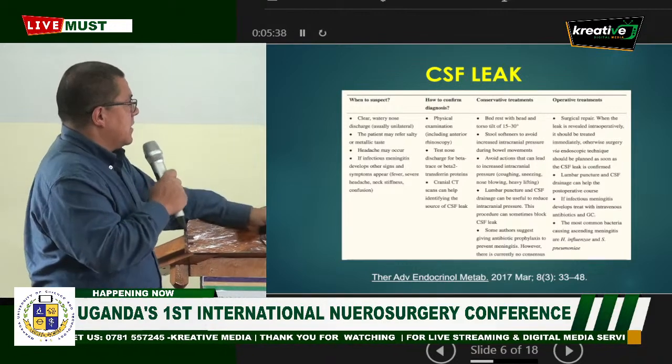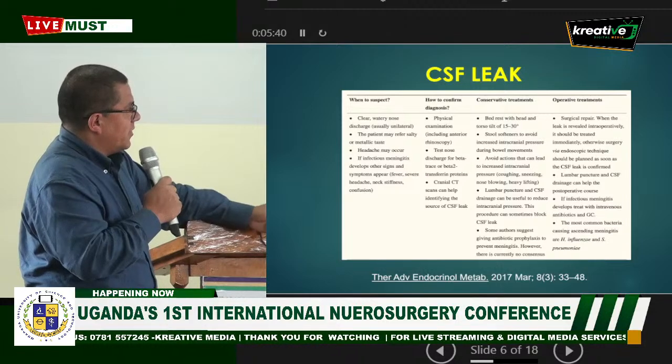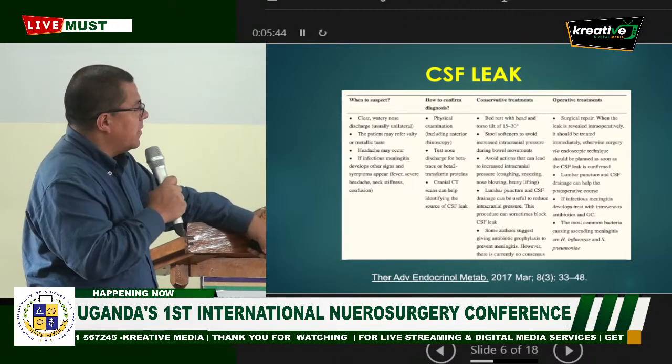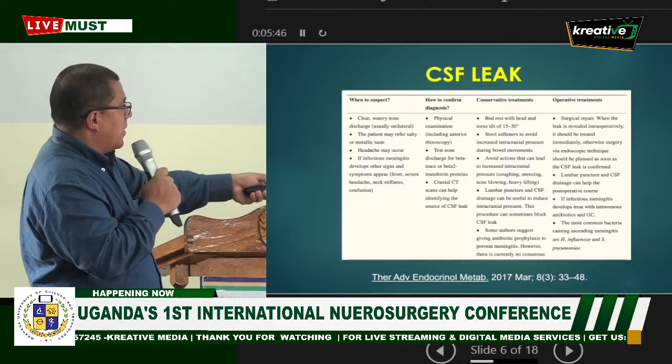So this is just a list of things that you can potentially do, going from the more conservative to only operative treatments, including taking the patient back to the OR. Another thing that you can potentially